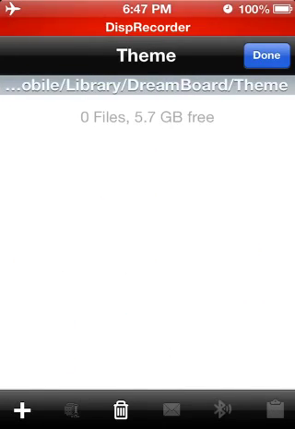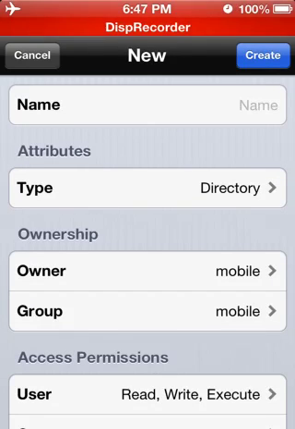Now, the three things that compose a DreamBoard theme are basically the current property list, which tells you how the theme is composed, where buttons are located, how buttons work, what they launch. Then the info property list, it's really not that important, but it's still necessary to the theme itself. It tells you the name of the theme when you're launching DreamBoard. And lastly, you have all of your images, your widgets, and your videos if you have any. So let's start by making